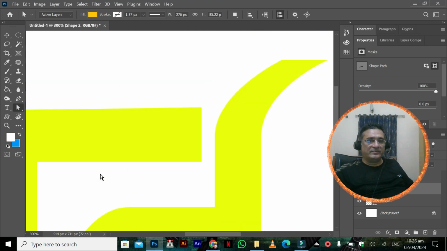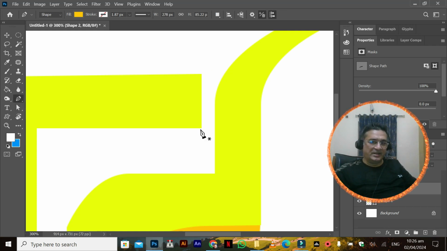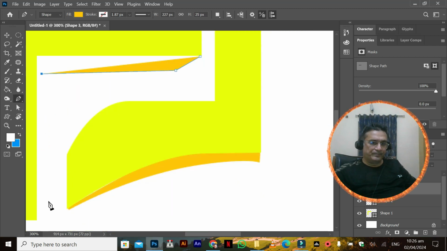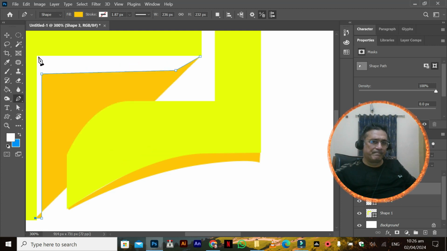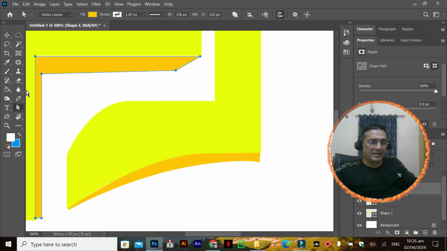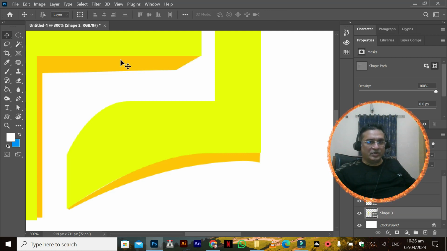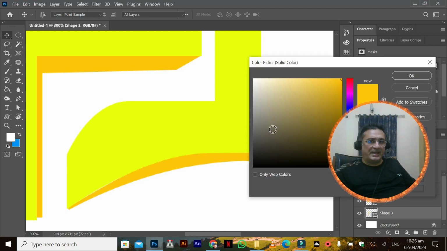The pen tool is also very amazing because we can remove backgrounds from the images. So this way we can create a background like this, you see, and we can simply move the object and we can take it to the bottom. So alright, as this is a shape,